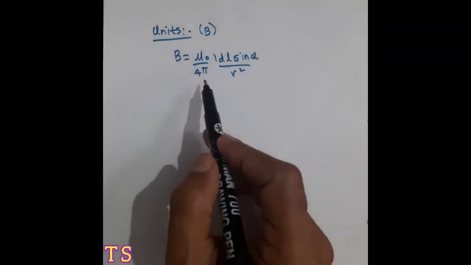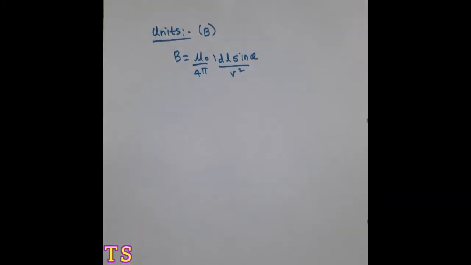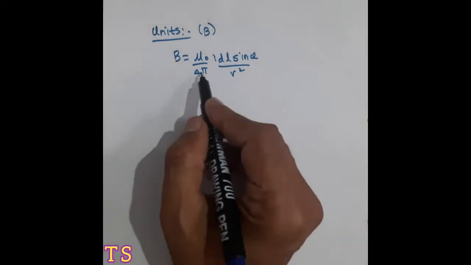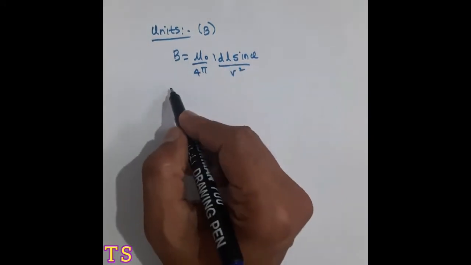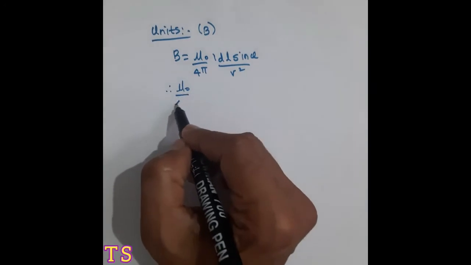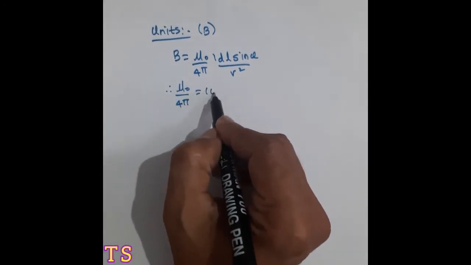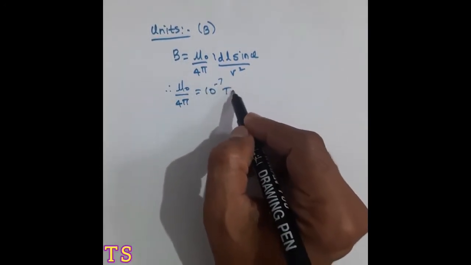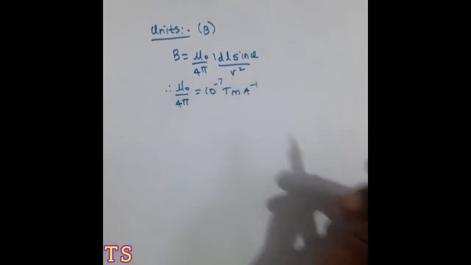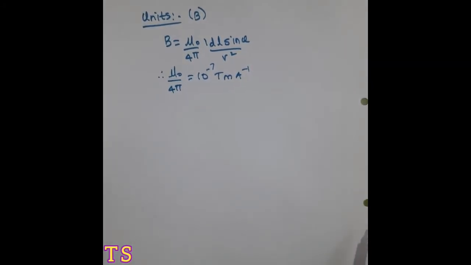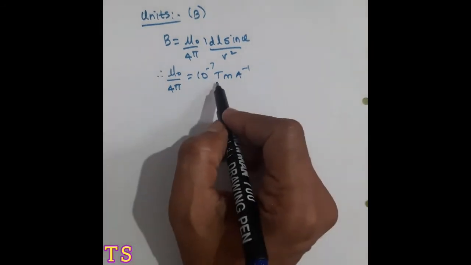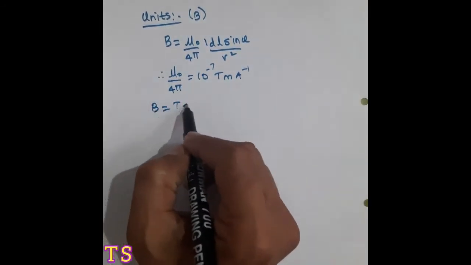I can also calculate the value of mu naught by 4 pi. You already know what is mu naught, and mu naught by 4 pi is nothing else but a constant of proportionality. If you simplify the whole value by taking r square, I dl sin theta on the left side, we get this value mu naught by 4 pi. The value of this is 10 raised to minus 7 Tesla meter per ampere. So we came to know the unit for B, which is Tesla,